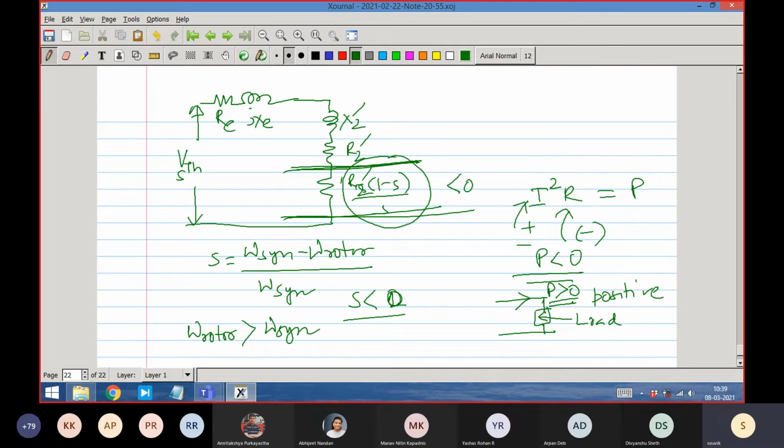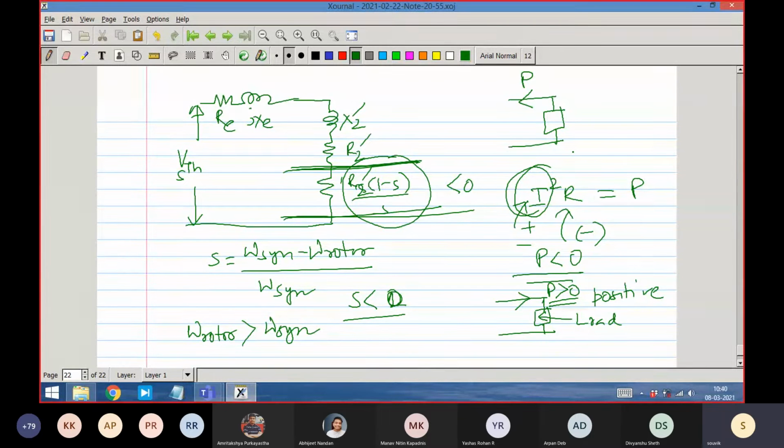Okay. Now, if I reverse the convention and say that power is in this direction, I have not yet decided the current, because we have seen current has very little role in deciding the power. Current is squared, so whether it is positive or negative doesn't really make any difference, right? So if the power is in this direction, then we'll say that this is a generator, because now instead of receiving power, it is giving power.